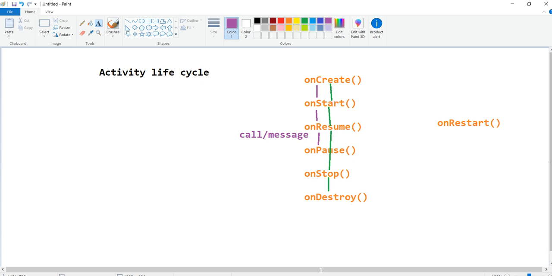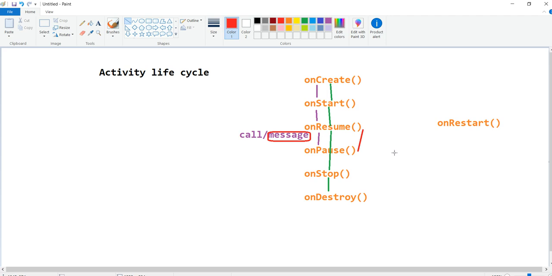If the disturbance is a message, it could be for a very short time. So it goes to pause for a little bit and starts again from here itself, because the message tone is less than 5 seconds.